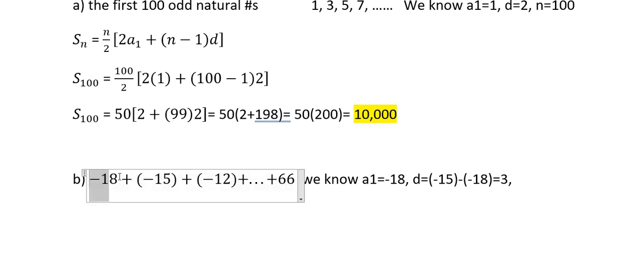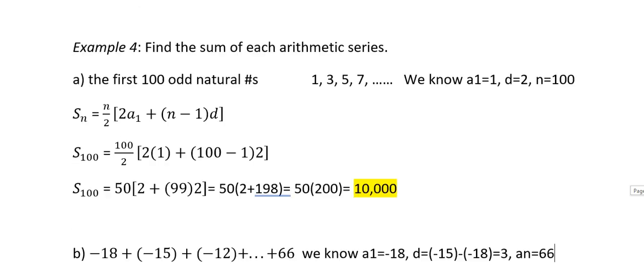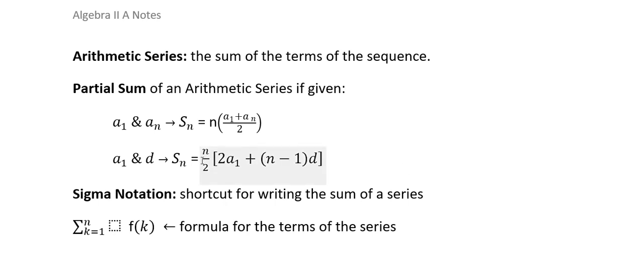What else do we know? Our sequence isn't ended with an ellipsis. We have a number here, so we know that a sub n is 66. So we know a sub 1, we know D, we know a sub n. We don't necessarily know how many numbers we have unless we go through and write them all in. So if you know your common difference D, you're more likely than not to be using,